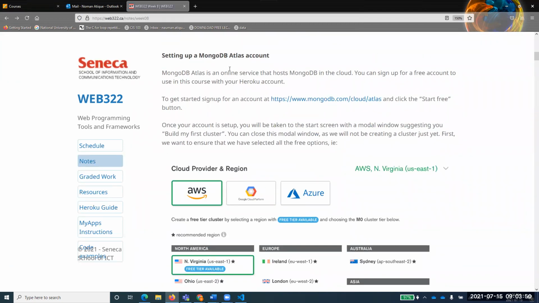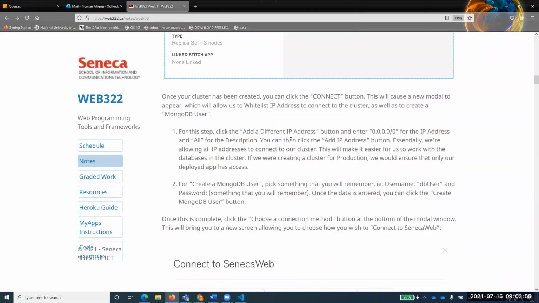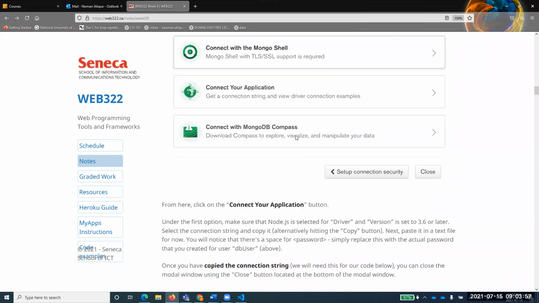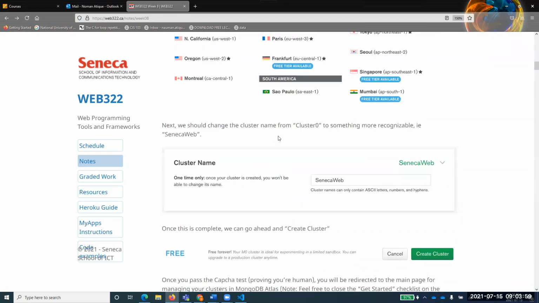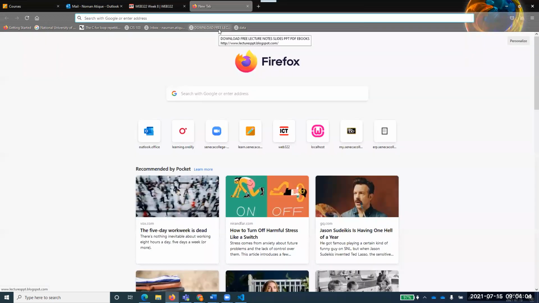Okay, so it says that you can set up a MongoDB Atlas account, and we'll talk about this Atlas account. But first, I want you people to do something interesting. I want all of you to install MongoDB.